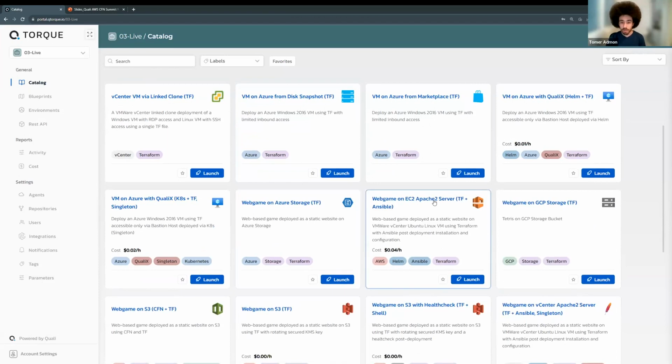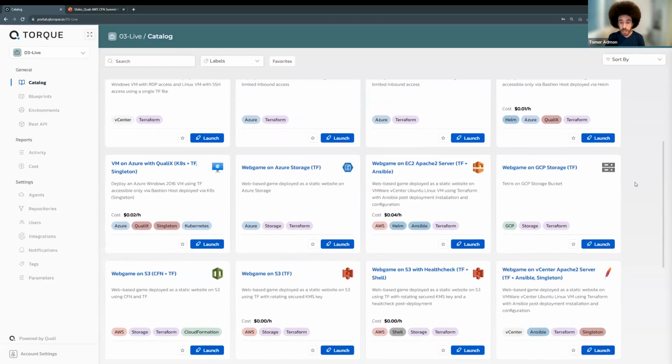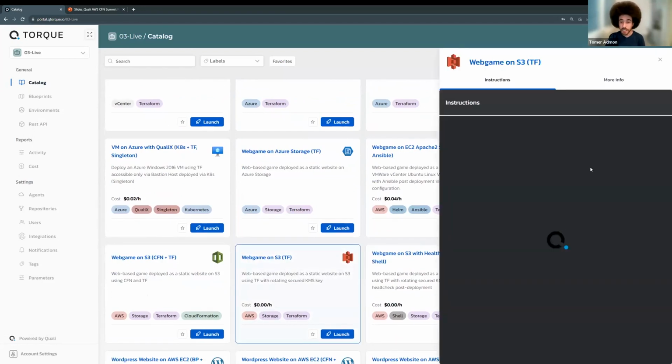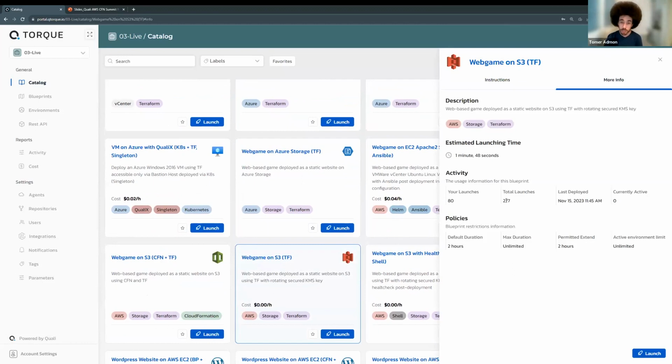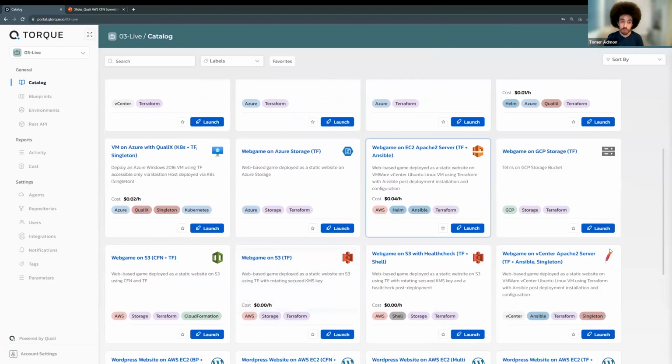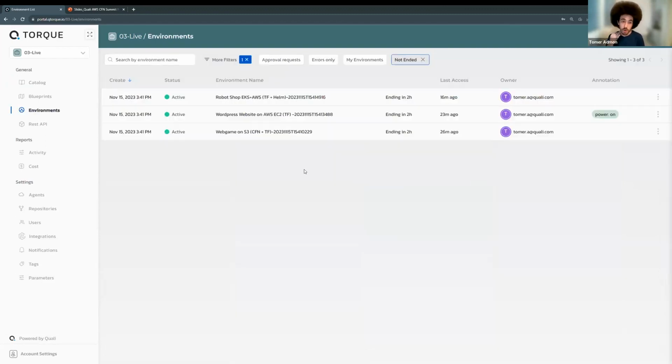So I have a bunch of different environments here, or a bunch of different blueprints, and we can take a look and see some more information about them. We can launch them. We can see how many times they were launched, how much time it will take. But let's move to environments that I've already launched prior to this webinar. So you can see a little bit also about how easy it is to manage environments.